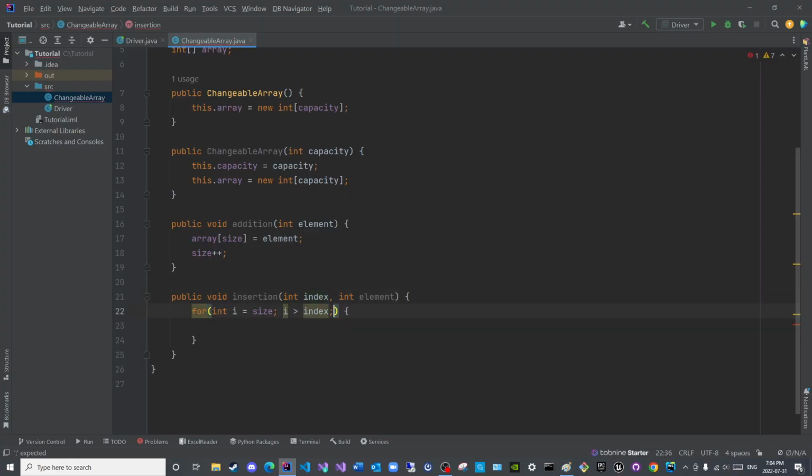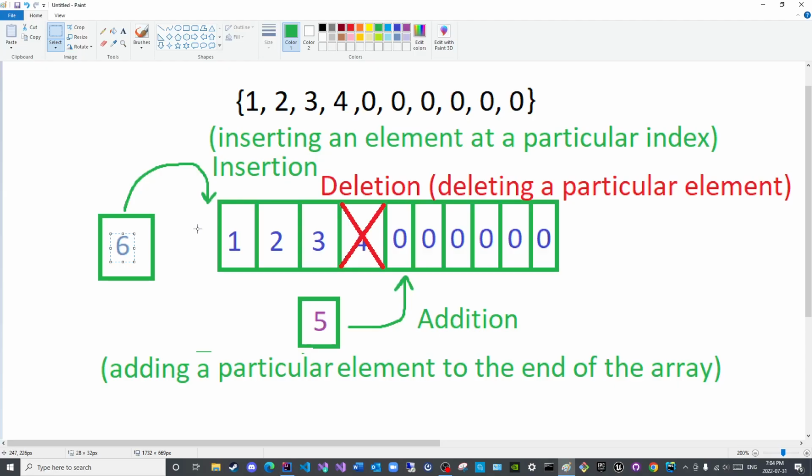Oh, I forgot to increment, i plus plus. Now, if I wish to insert 6 at index 0, that means I must change this index to 1, this index to 2, this index to 3, and this index to 4, which means that these